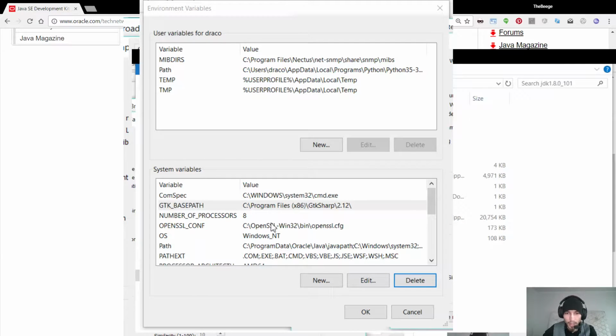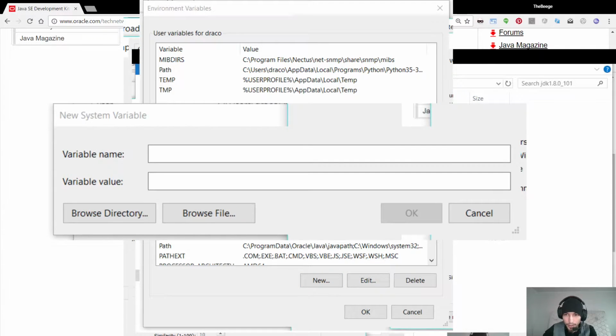In this bottom area, these are your system variables, okay? So if you have multiple users on your computer, these are settings for all users. If you don't know what I mean by that, don't worry about it, you're okay. So click the New button. Okay, so you should see a new window that looks like this, and you'll want to call it